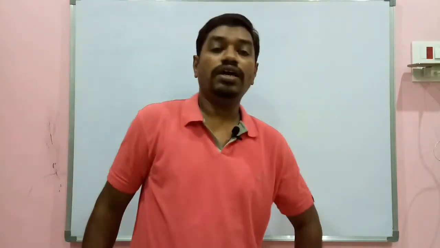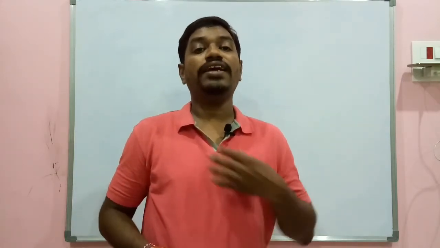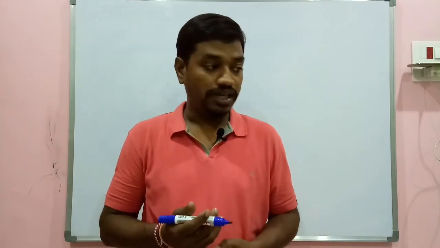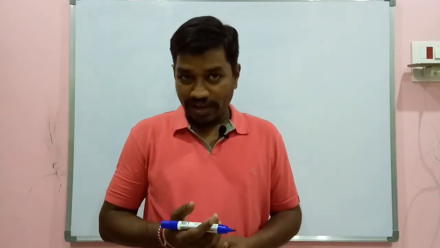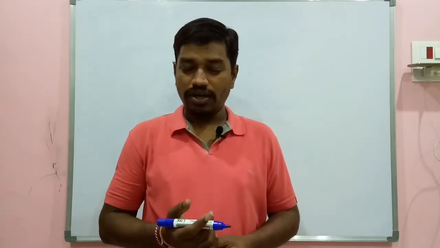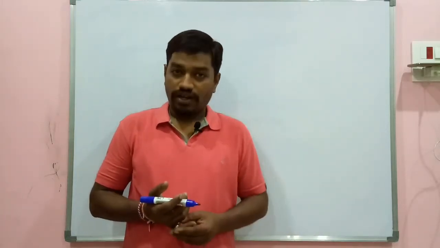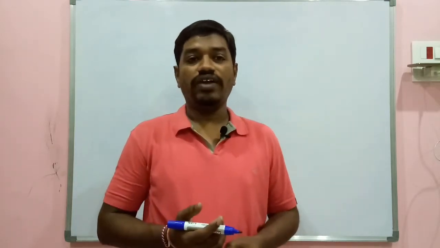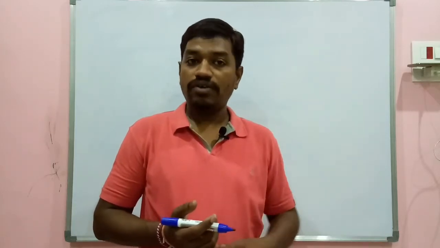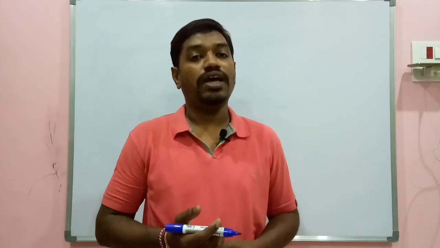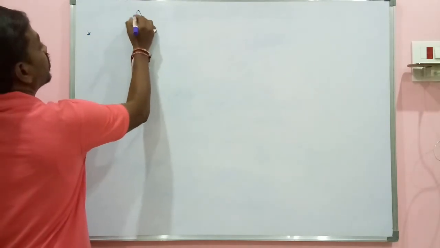So far we have seen the graphical method of vector addition. Let us enter into the next topic, that is the analytical method of vector addition, where we'll be deriving the formula for magnitude as well as direction of addition of two vectors. That is a very important concept also. That is nothing but parallelogram law of vector addition. We already discussed what is parallelogram law of vector addition, and in today's class in analytical method we'll be deriving the mathematical formula for the magnitude as well as direction of your resultant vector when you are adding two vectors.